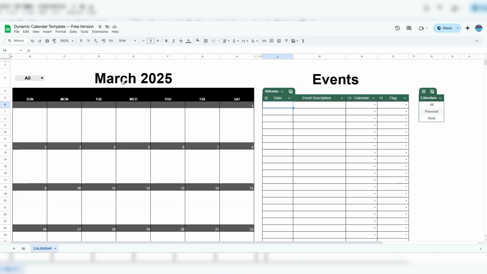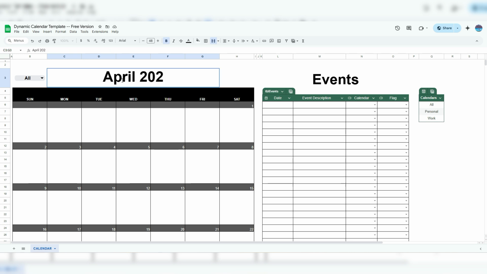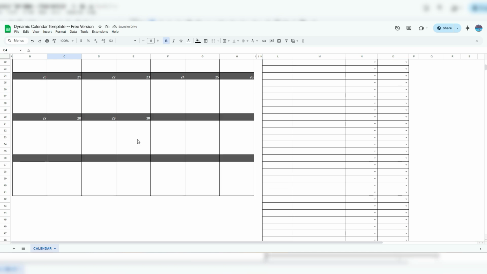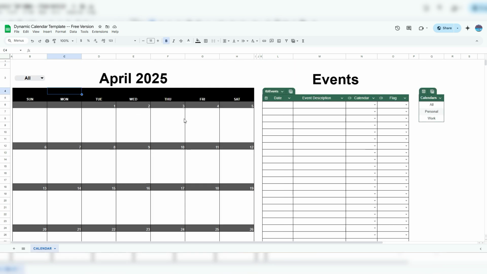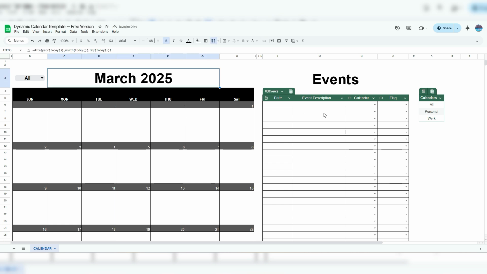Now, if you want to override this and jump to a different month, you can select this cell and just type in a different value. Let's say April 2025, and it's going to update accordingly. Nothing's going to be highlighted because I'm on a different month, so nothing's highlighted in yellow to indicate the current day. I'm going to undo that, go back to March,